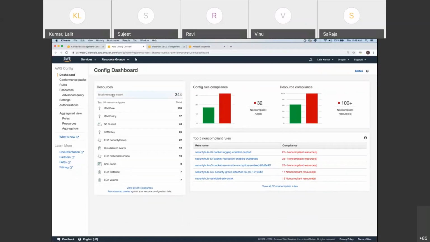These are the resources available to me. There are 344 resources: IAM role, EC2 network, EC2 instance. There are 7 EC2 instances. I'll go to EC2 instance. I'll pick them. You see, they are